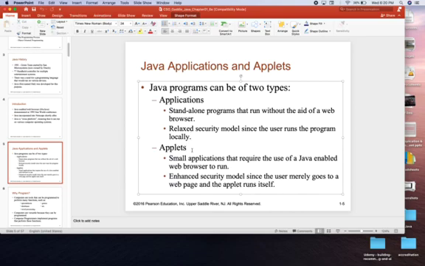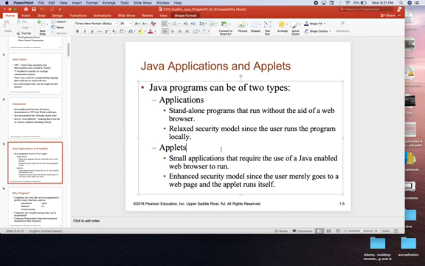The applets are actually small applications that require the use of a Java enabled web browser to run. So, like we mentioned, HotJava was a plugin for a browser that would make the browser much more interactive. The Netscape browser also allowed a plugin of Java. The Google application we have also allows a Java plugin. So all of these ones are Java enabled browsers. Okay, they allow interactivity with each, so our applications can easily load.